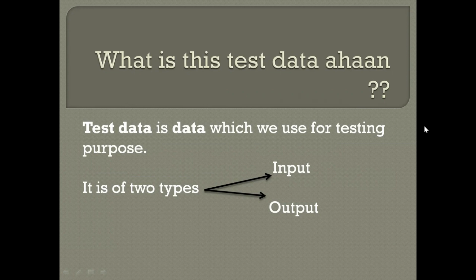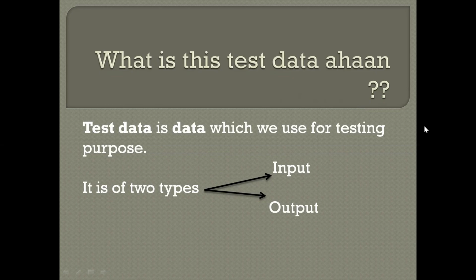It is of two types, input and output. When I talk about input test data, that means the data we provide. Let's take the example of a website. We need to test a website's username, password, email address, or XYZ field, whatever is present there. So we create a set of test data which contains username, email ID, name, phone number, and other fields, and then we provide it directly to the website to test it. That we call input data.